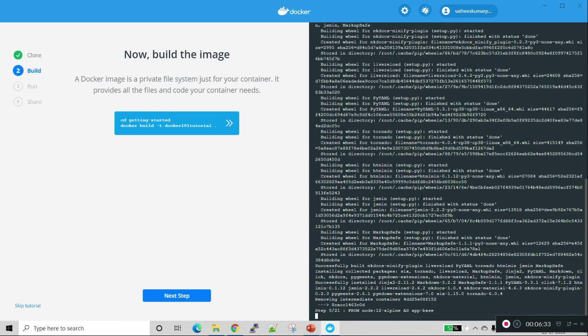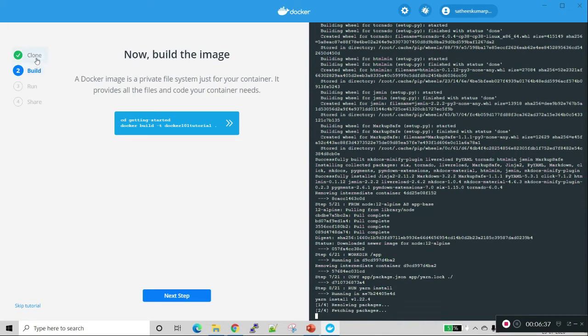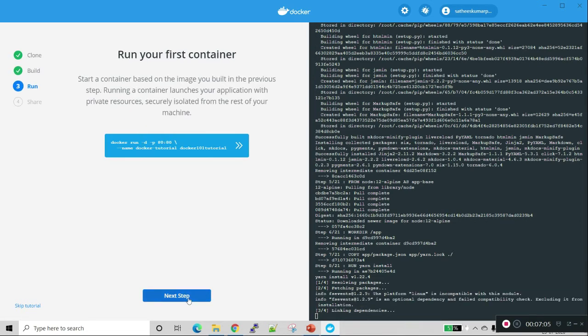We just need to follow the steps. So we will go to the next step. The next step is to run the first container. So I'm deploying the first container.